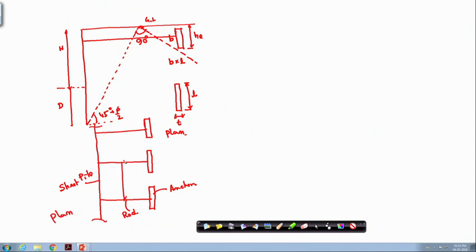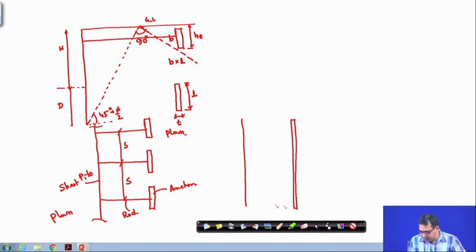There will be some spacing between these anchor rods. And this is the discontinuous one. Another way, this is the sheet pile, and you can give a continuous anchor. So, this is the continuous anchor and you can put the rod here. So, this is the sheet pile. This is the continuous case.